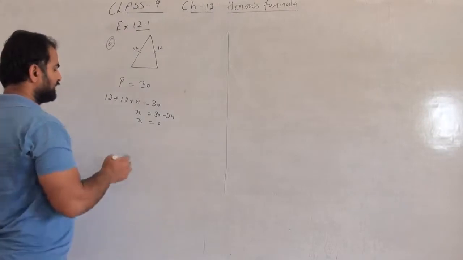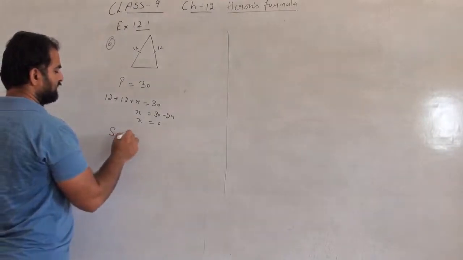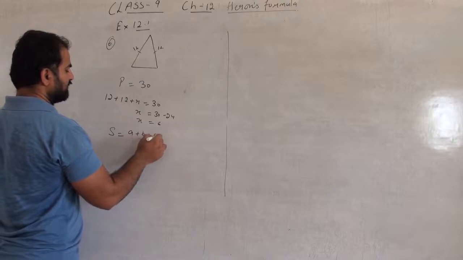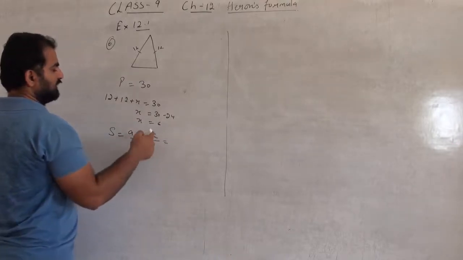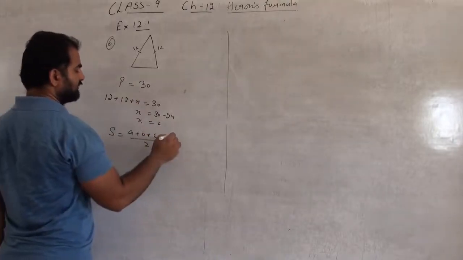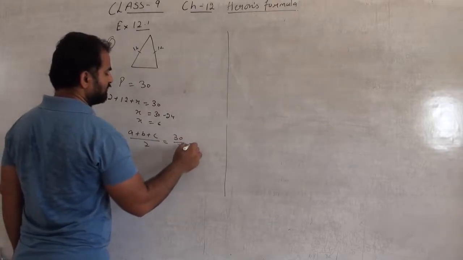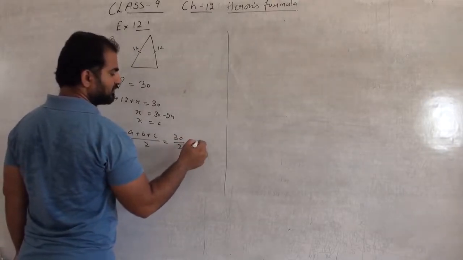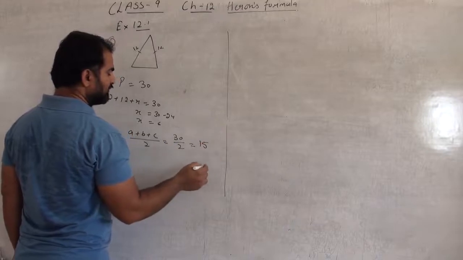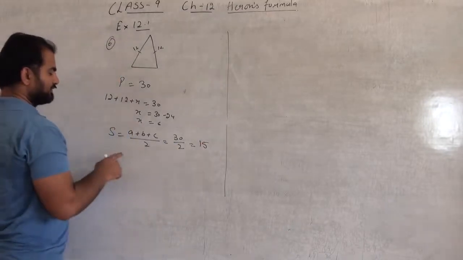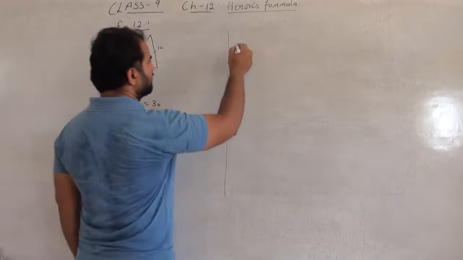Now we have to find the area. So first of all find S equals A plus B plus C upon 2. And since the total perimeter is 30, it will be 30 upon 2. 30 upon 2 is what? 15. Done? Since S is 15, so area will be